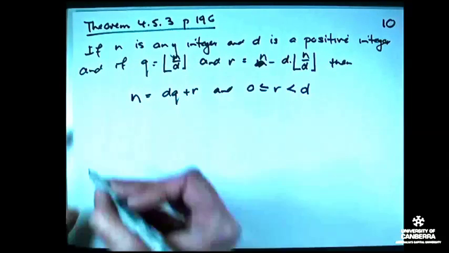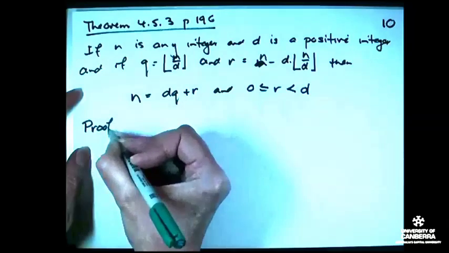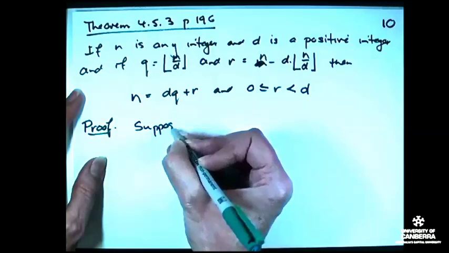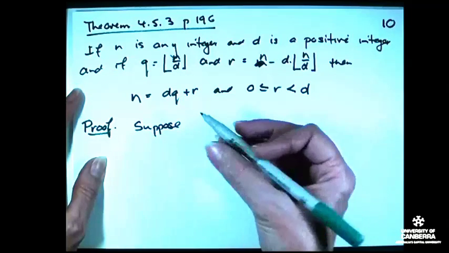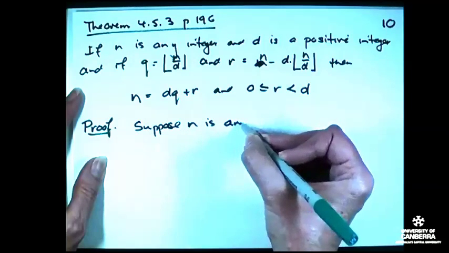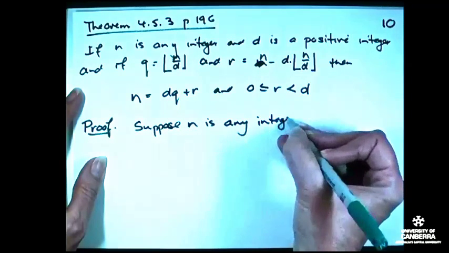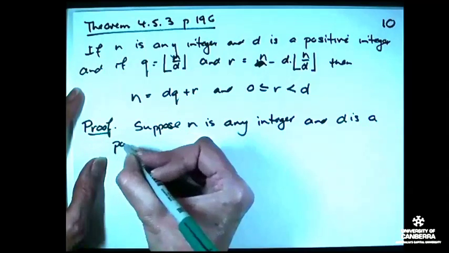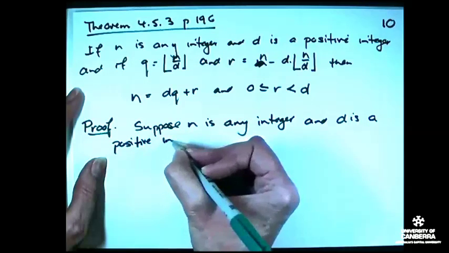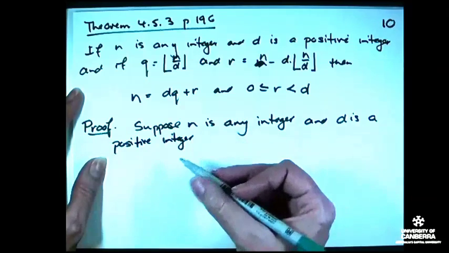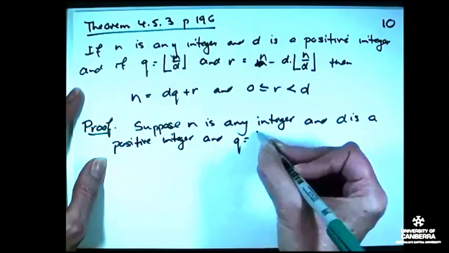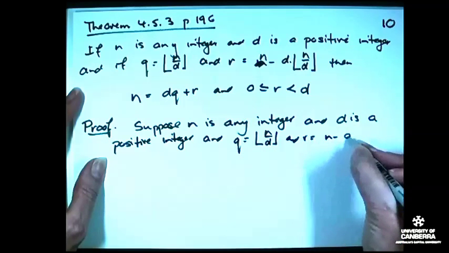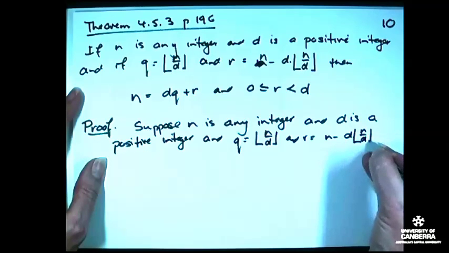Okay, so we've got to prove this. Proof. Suppose n is any integer. Okay, and that's a particular but arbitrarily chosen one. Suppose n is any integer, and d is a positive integer, and q is equal to the floor of n on d, and r is equal to n minus d times the floor of n on d,